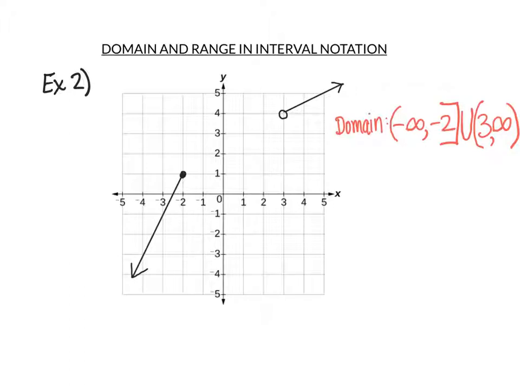Now let's consider the range. If we move a horizontal line from the bottom to the top of our graph and look to see where it's touching our function, you'll notice here that this arrow means that our graph is going to continue to point down, so it eventually will touch our blue horizontal line somewhere over here. So our black function is indeed touching this blue horizontal line, and as we move up, it still continues to touch.